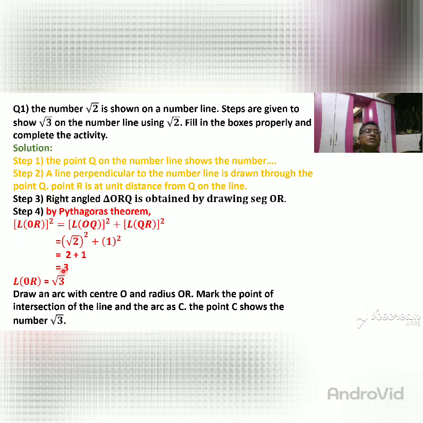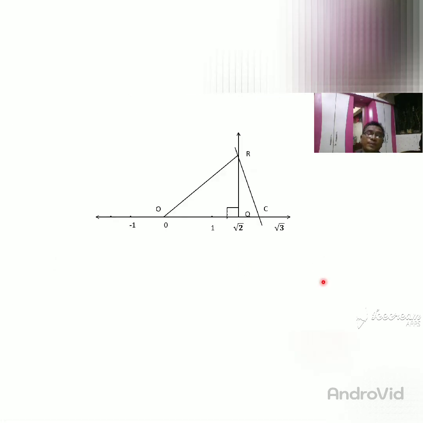Taking square root of the length: OR square is equal to 3. So taking square root, length of OR is equal to √3. So how can you draw the √3 on the number line? That I will explain to you. So see,